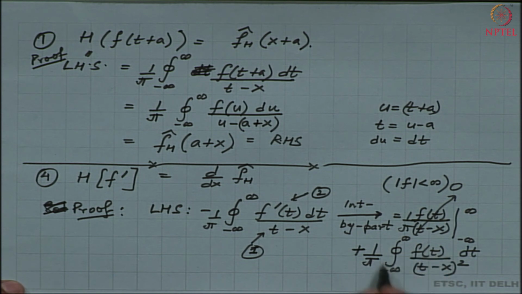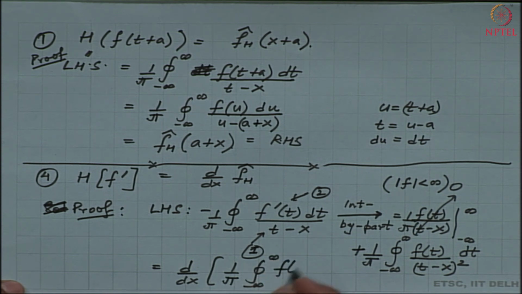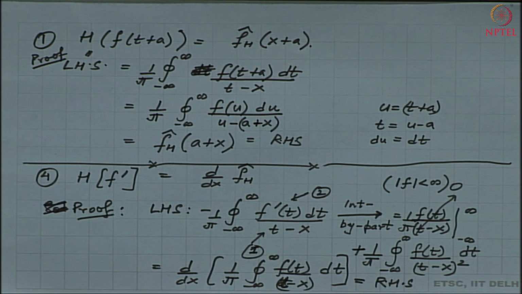For the second part, we see that the integral is nothing but the derivative of the same Cauchy principal value integral of f of t over t minus x dt. If we differentiate this integral with respect to x, I get the following integral here, and so that gives me the right hand side that we were hoping to find. Okay. So, then